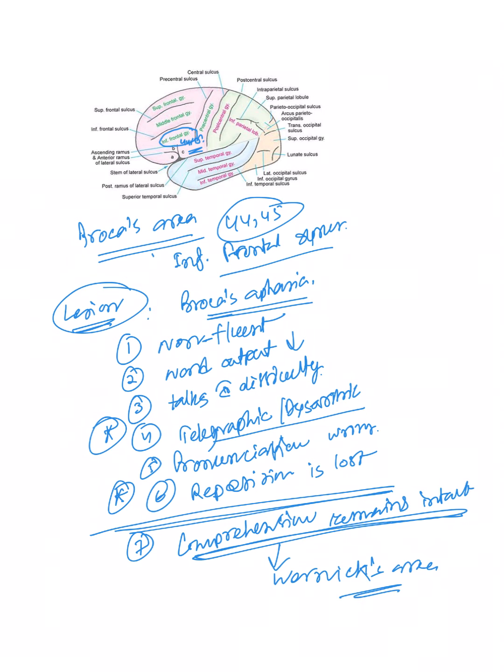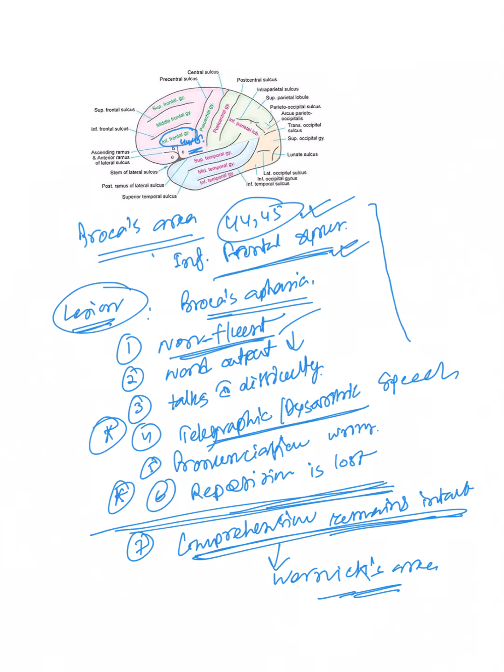So this is Broca's aphasia. Just remember this, the aphasia will be non-fluent, telegraphic speech, repetition is lost, but the comprehension remains intact. Broca's area is area 44, 45 and is situated on the inferior frontal gyrus. Each and everything can come in as questions. Okay,